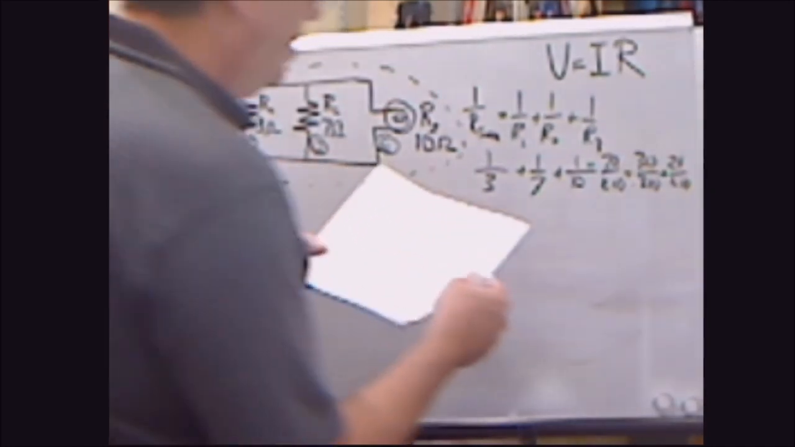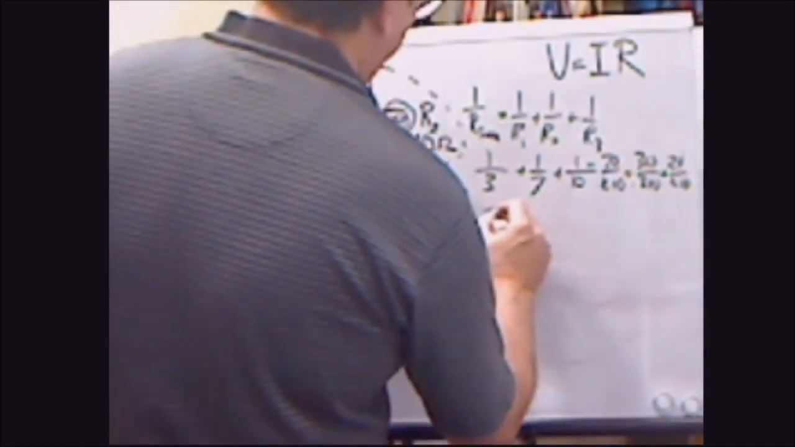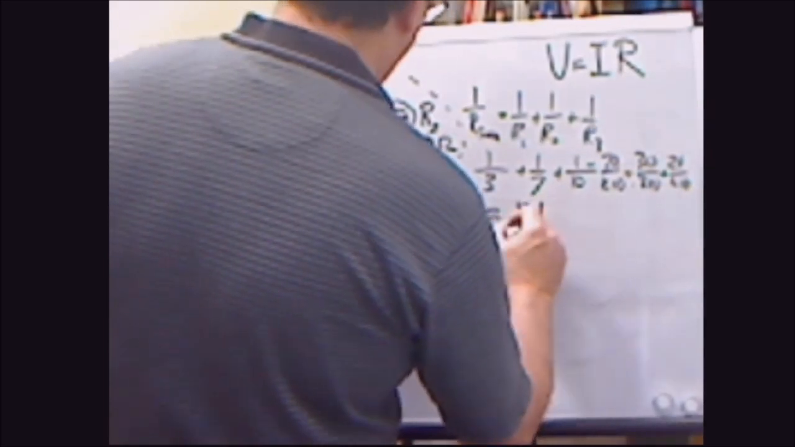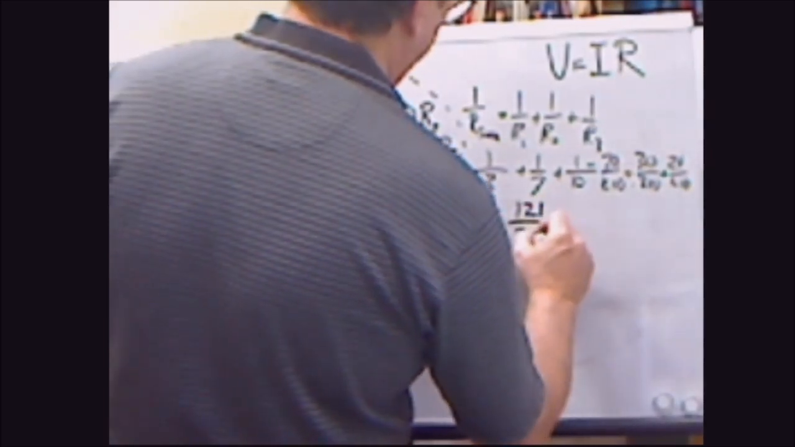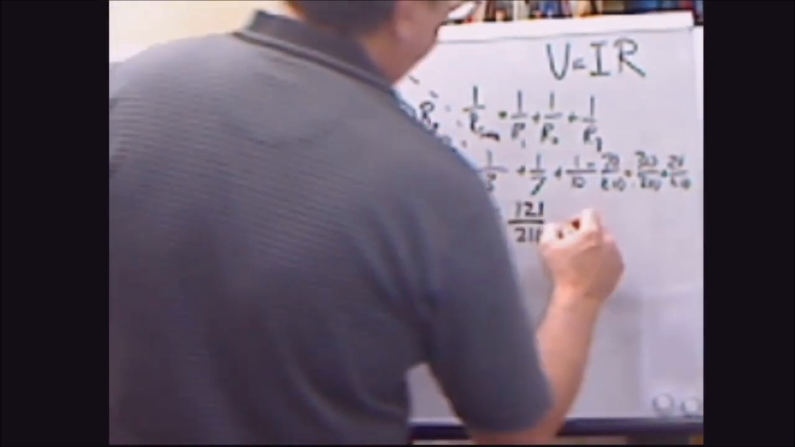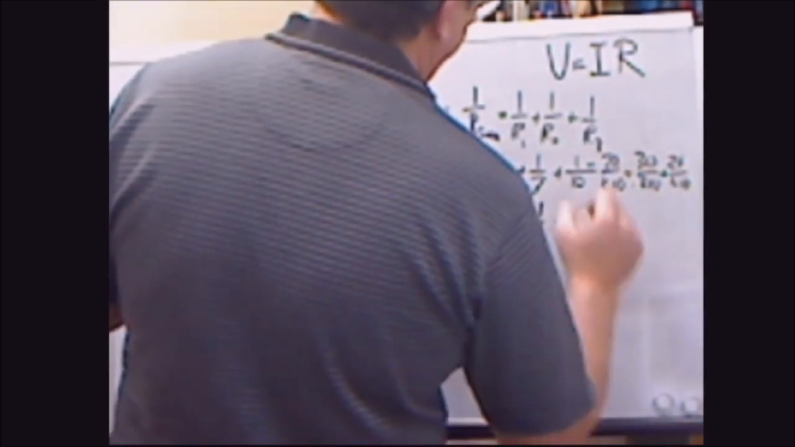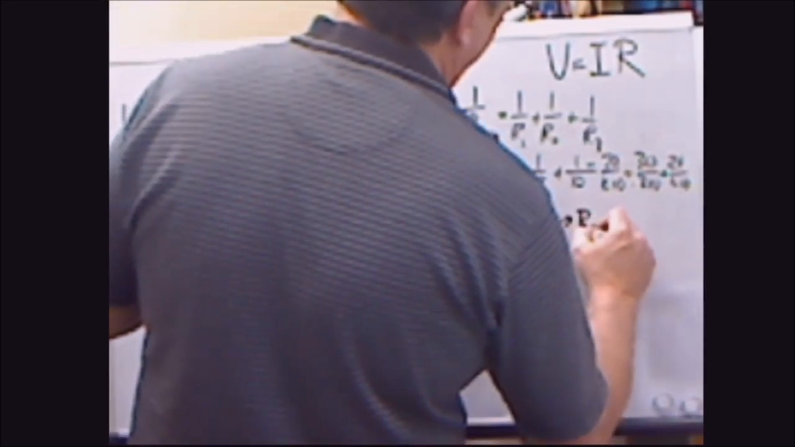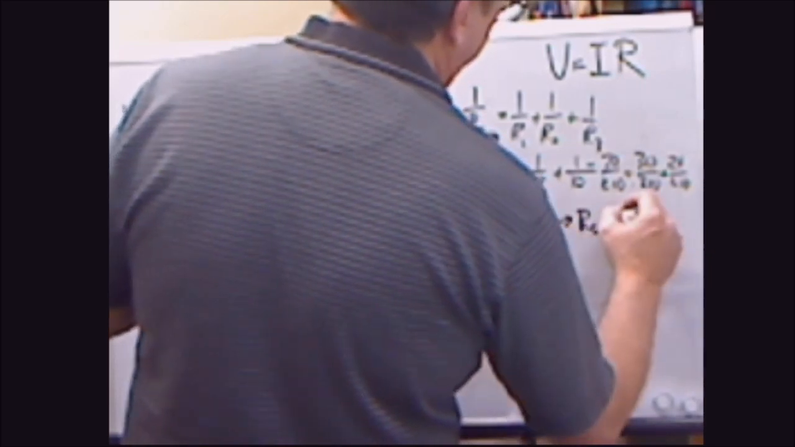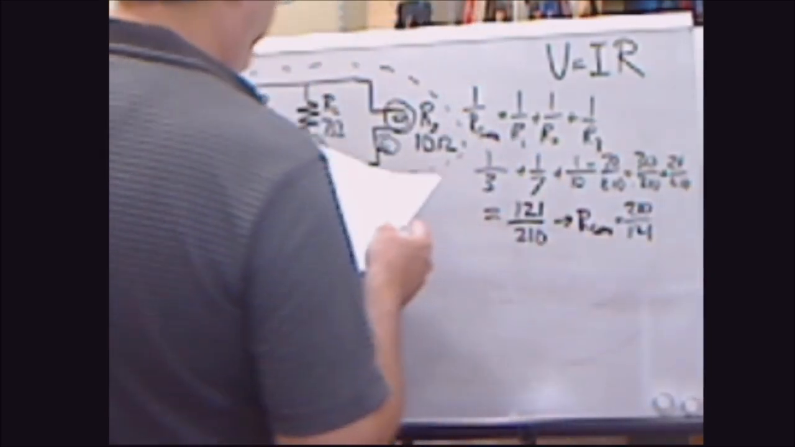Okay. So there we go. This whole thing is going to equal 121 over 210. And then we take the reciprocal to find the actual resistance, right? So R sum, the total resistance, is going to equal 210 over 121, and that's about 1.7